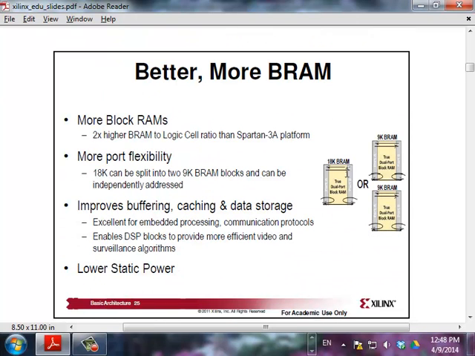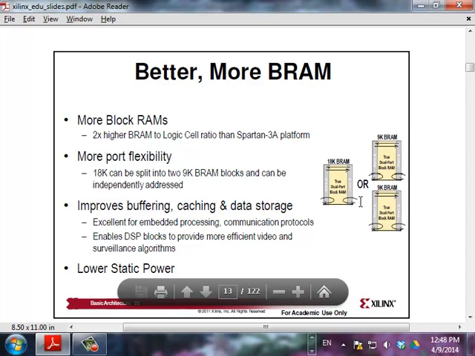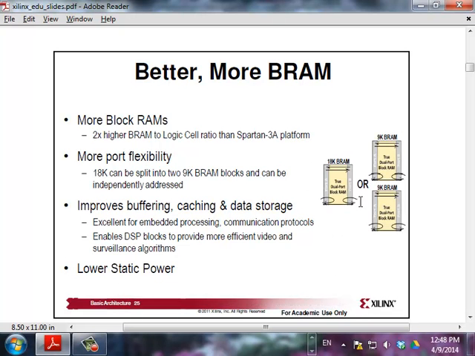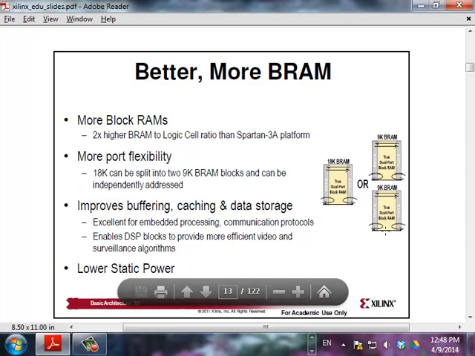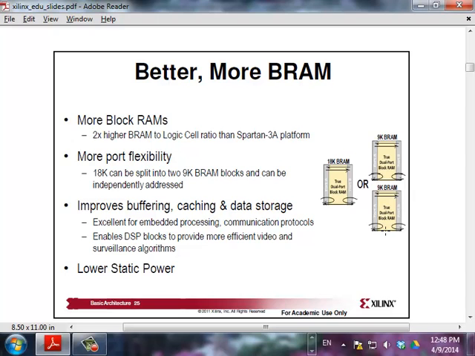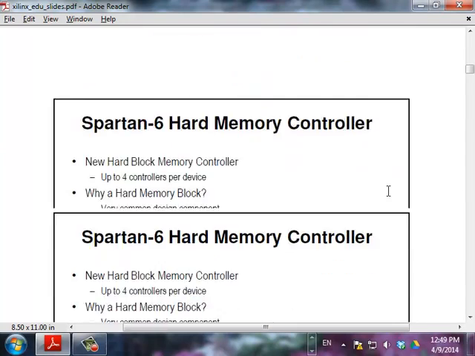You could do an 18K block RAM, or break it up into 2 independent 9K block RAMs with independent address control. So again, depending on your application, you could configure it in the mode that is more suitable to you. Slide 28